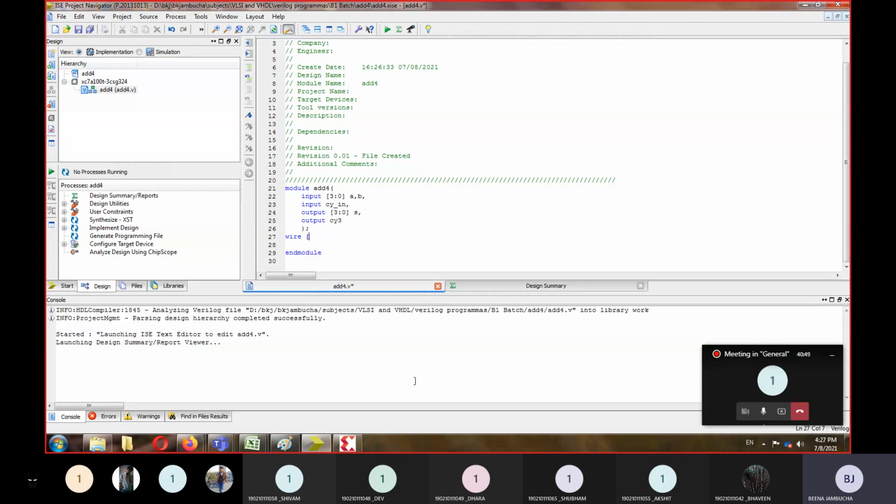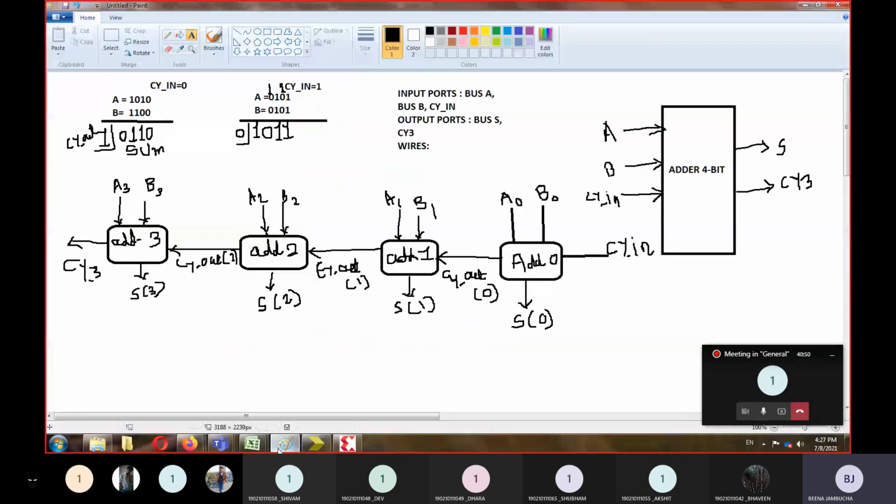So what was the size of the wire? Can anybody tell me what will be the size of the wire? 1 bit, ma'am. Not 1 bit. First tell me, which is the wire? Carry out, 0 1 2.